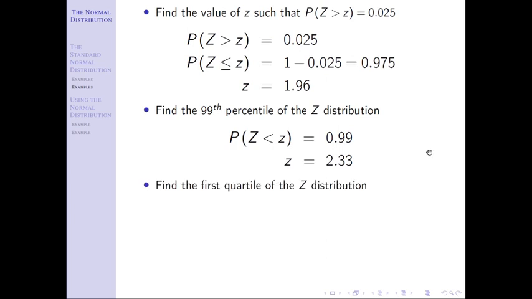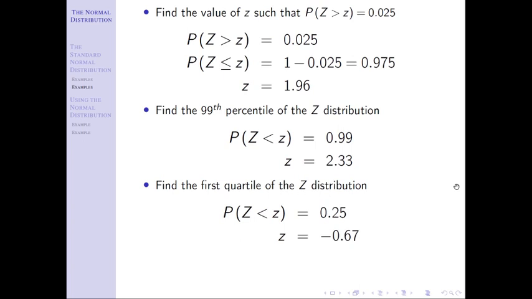The next one's similar, and it says find the first quartile of the z distribution. And in this case, you'd have to ask yourself, well, what is the probability that we're going to be looking for? And again, now we have to go back to chapter 2 and remember what is a quartile. A quartile is the value such that 25% of values are less than and 75% are bigger. Remember, our first quartile cuts the bottom quarter off. The second quartile cuts the bottom half off, that's the median. The third quartile cuts the bottom 3/4 off from the top quarter. And so I just get to go inside the table and look for 0.25 to find the z-score.